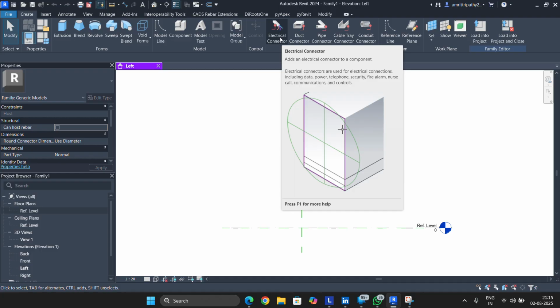Every time we start modeling, we start the model from that point, each and every time. That point is called the electrical connector. Revit is indicating to us that that is your connection point. You need to start the conduit modeling, or the duct modeling for HVAC, or pipe modeling, from that point. That highlighting point is nothing but